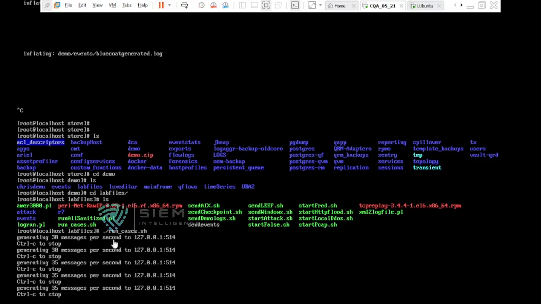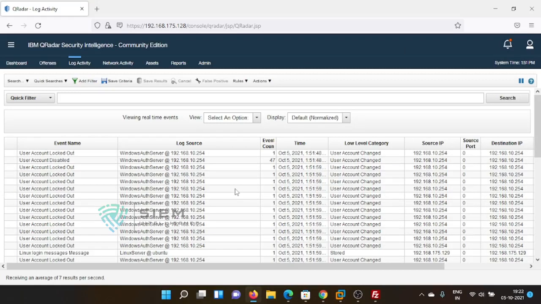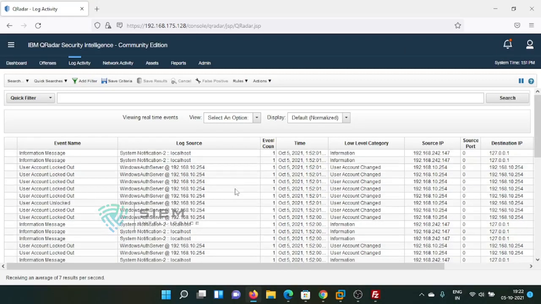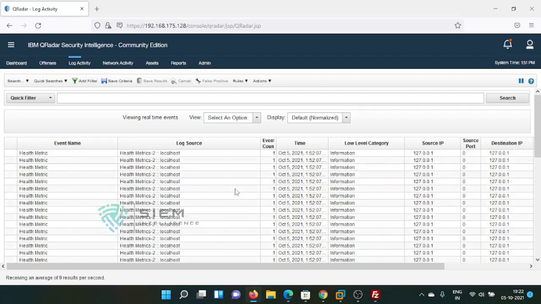Like that, in this particular cases.sh there are more than 20 different types of logs, which it always throws in round-robin phases. It will send them one by one.